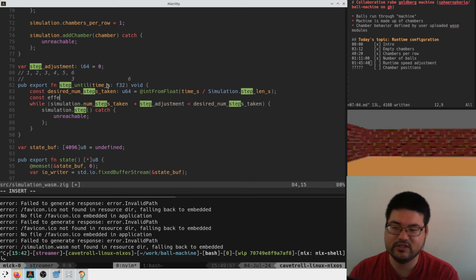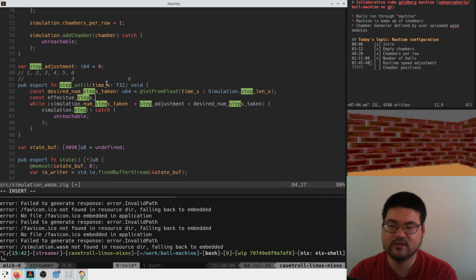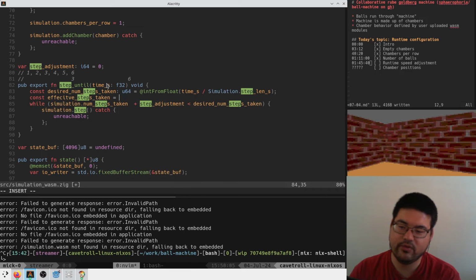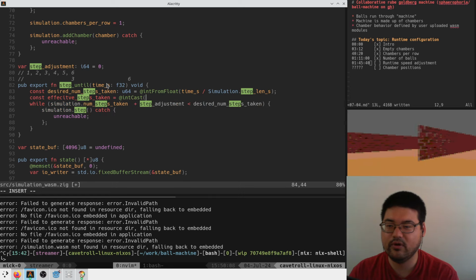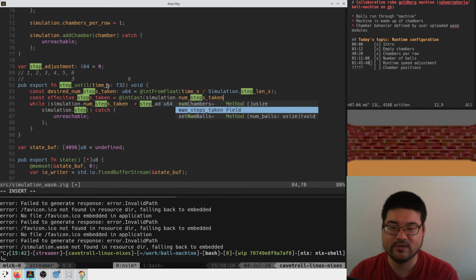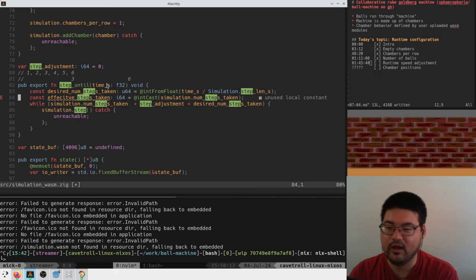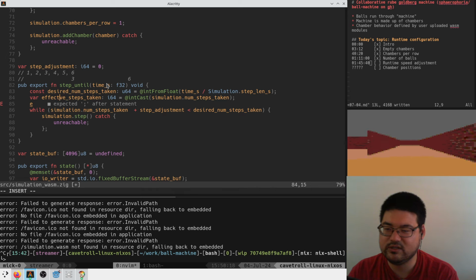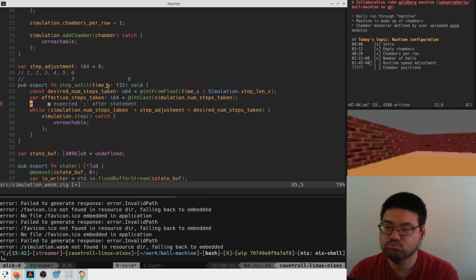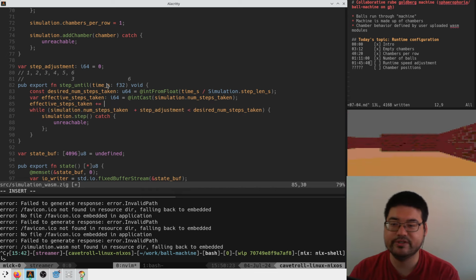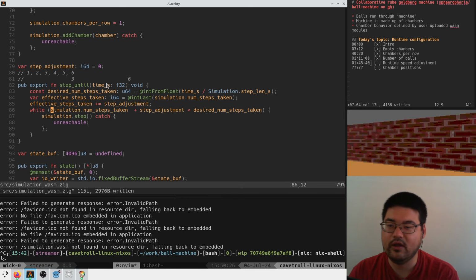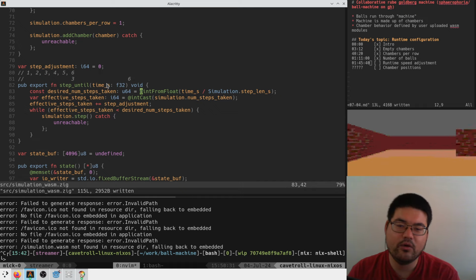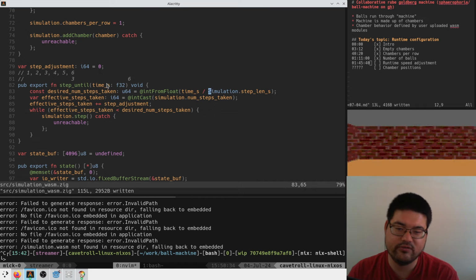So this is effective steps taken, which is going to equal the int cast of step simulation num steps taken. This is going to be an I64 variable. We're going to say effective num steps taken plus equals the step adjustment. Okay. And then if the effective num steps taken is less than this, then we continue. Okay. So now we say that this is divided by,